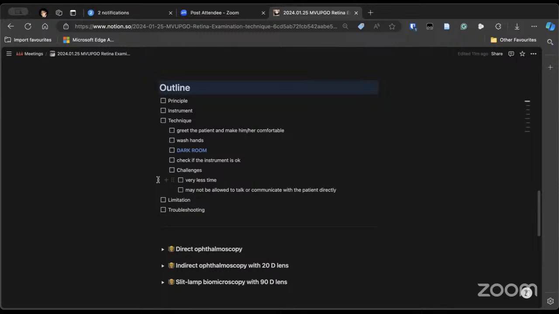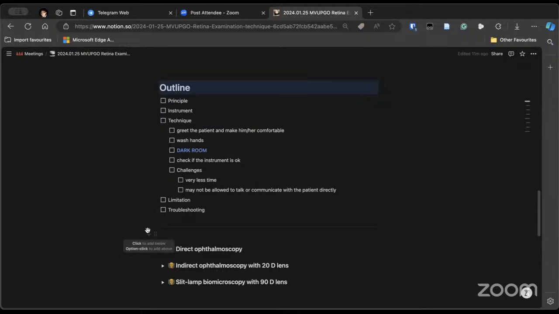A dark room is very important. If you do not darken the room, then there is a very high chance that you might fail. Though if you are very experienced, you may be able to see the fundus in an enlightened room also, definitely ask the people there to darken the room. This is very, very important. Also, before using an instrument, check if it is working okay. This will come when you have practiced a lot with the same instrument, and you will know what is problematic. Even if the instrument is not working well, you will be able to solve the problem before you see the exam.